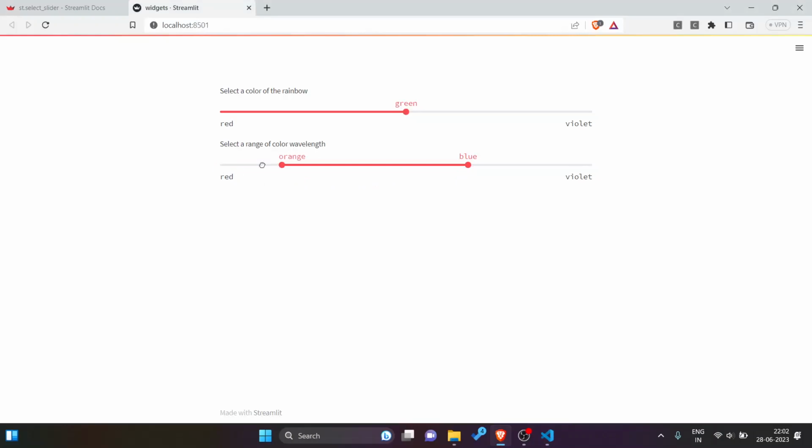So now I have this range slider based on text, starting from yellow to indigo. One more thing is that I can keep this slider to the same value, meaning the starting value and end value can be the same.